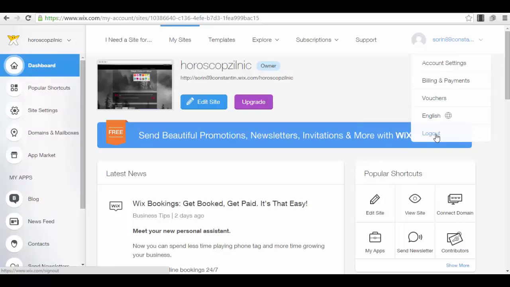And if I press the button sign in, I will also have the option to sign in with my Facebook account. So it's not even that complicated. If you are already logged into Facebook, you enter on wix.com, you press the button sign in, you will have the option to sign in with Facebook, you sign into Facebook, and